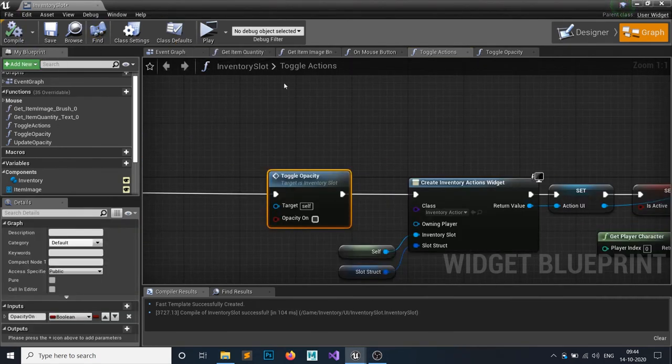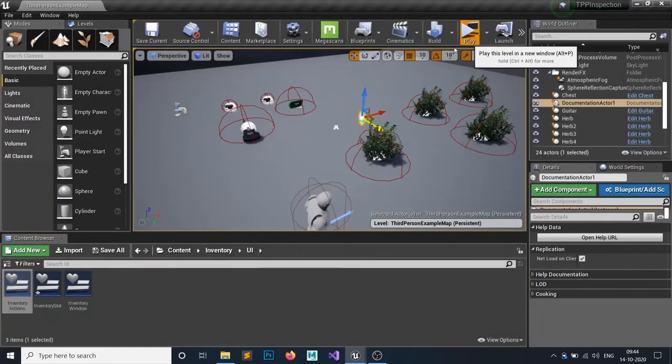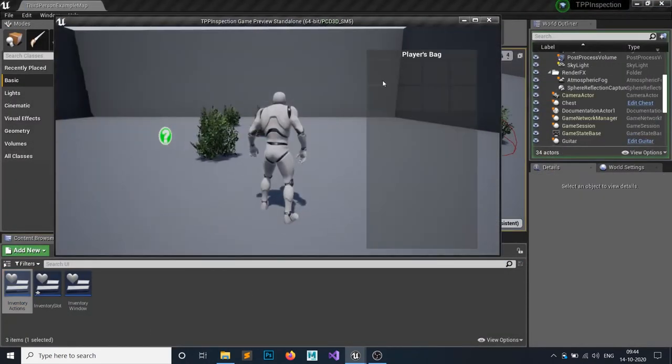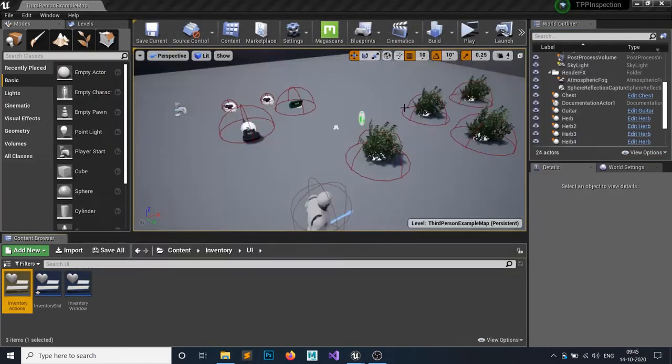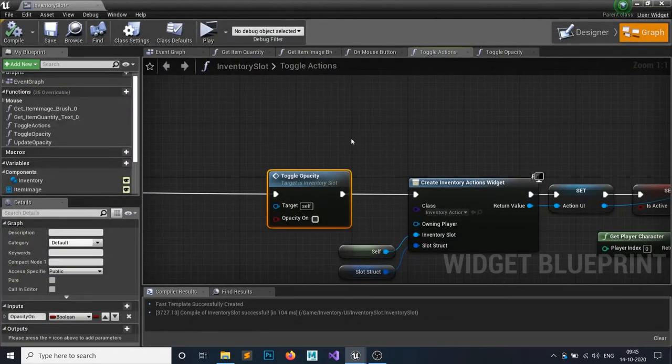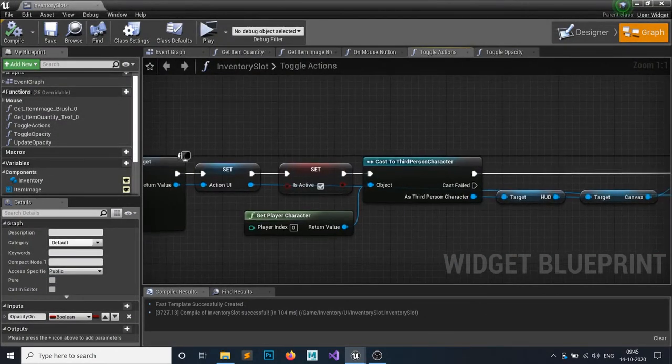So let me give you a real quick look at what this is going to look like. Right now our opacity is 1. If you click on this, you can see this one is the only one facing another opacity, a slight decrease, right? So we have done all this thing.